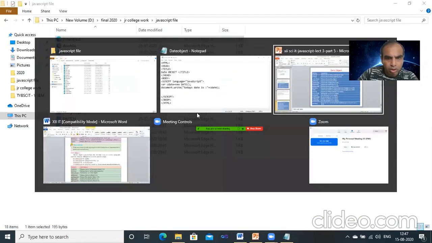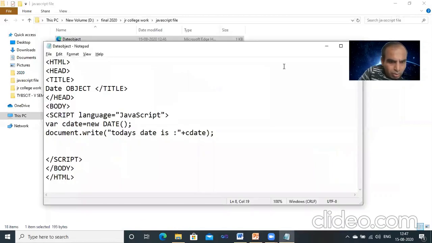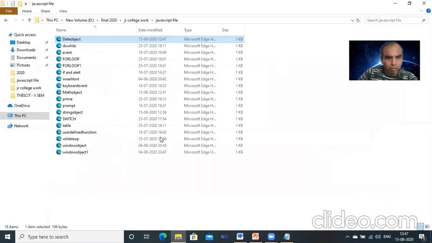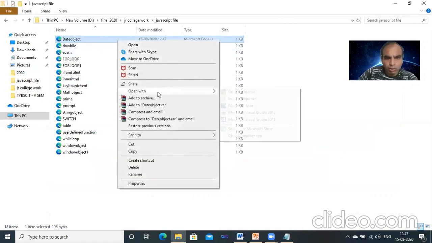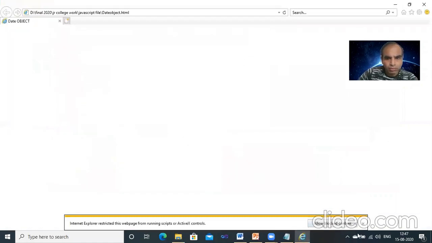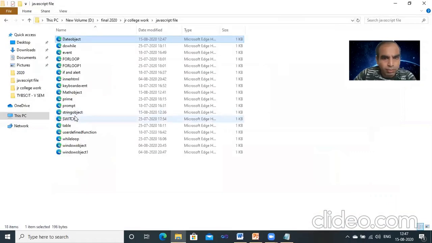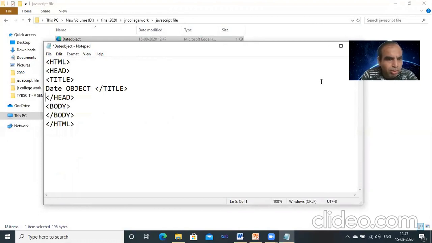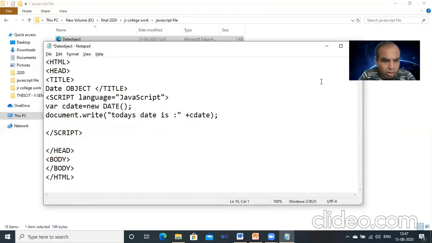Okay, we'll see what happens over there. Date, getDate, new Date over there, right? It is cDate, the current date, and there is plus cDate. So what happens? It is perfect, perfect in the coding also. What is the mistake? JavaScript variable cDate, new Date. Let's see, we are using it in the heading section. Maybe there is a problem with this body section.